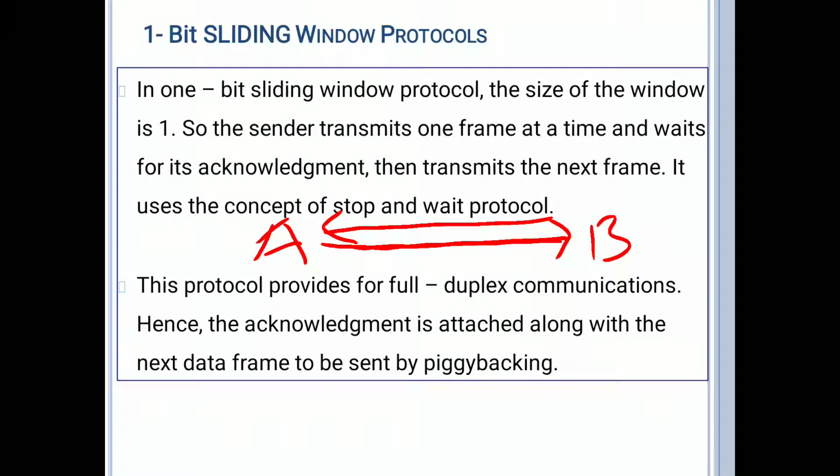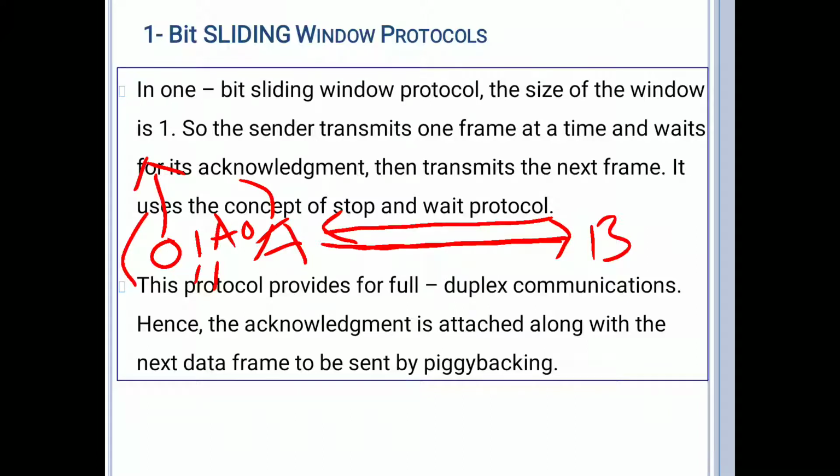For example, if A sends 0, 1, A naught, so A sends the data in the form of 0, 1, A naught. What are these 3 parameters? The first one is the sequence number of A, meaning the data which it wants to send. Here the data it wants to send is A naught, and 1 is nothing but it requests B to send data 1. That is called the acknowledgement.